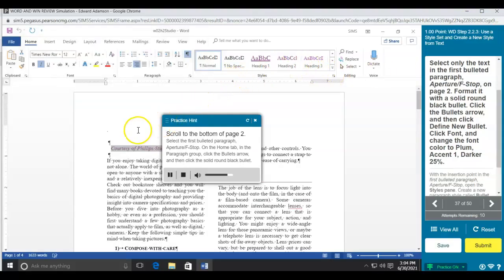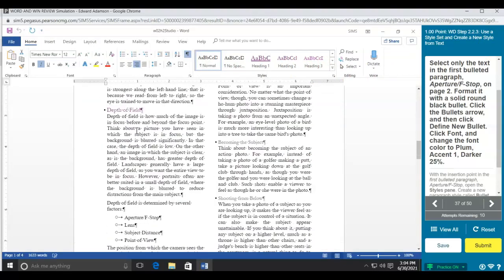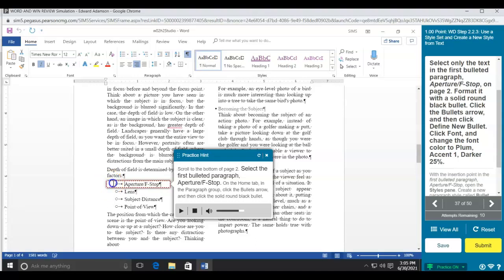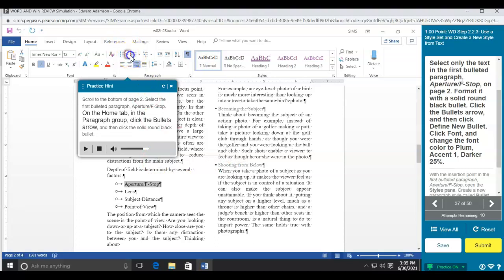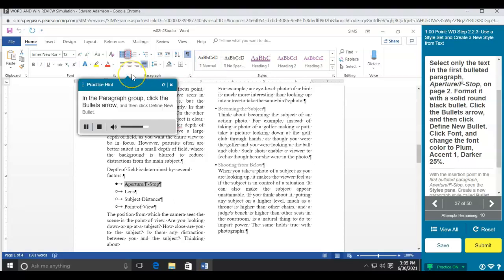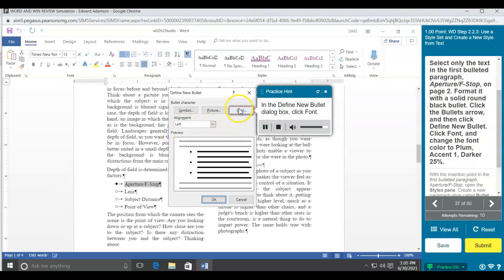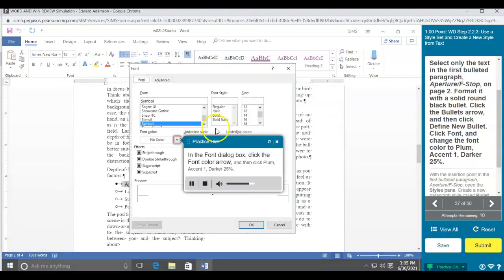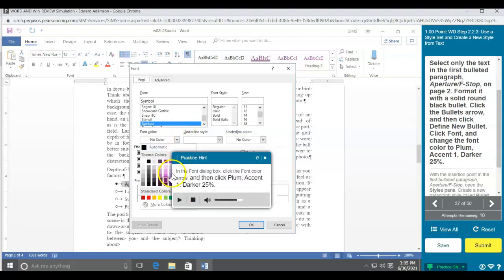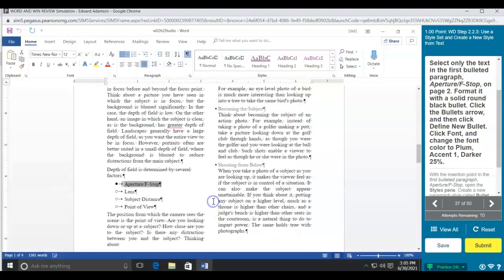Scroll to the bottom of page 2. Select the first bulleted paragraph, aperture/f-stop. In the Paragraph group, click the bullets arrow, and then click Define New Bullet. In the Define New Bullet dialog box, in the Font dialog box, click OK. In the Define New Bullet dialog,